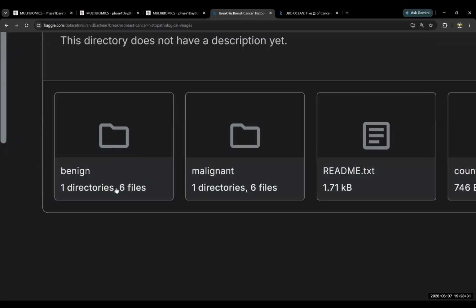Now, when we open this, the labels have already started. The first upper hierarchical level label is benign and malignant. You understood? This is the label. Which one will go to benign, which one will go to malignant? How will you tell your CNN model? You must know how they are named. And when we opened the readme.txt, we came to know that malignant, in short, is known by the name M, and benign, in short, is known by the name B. Got it?